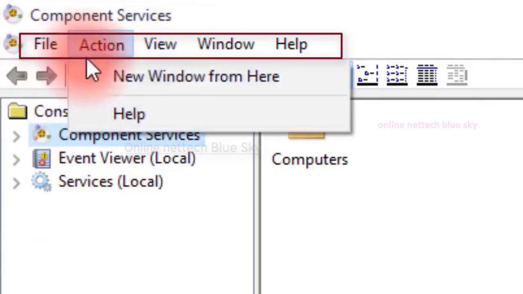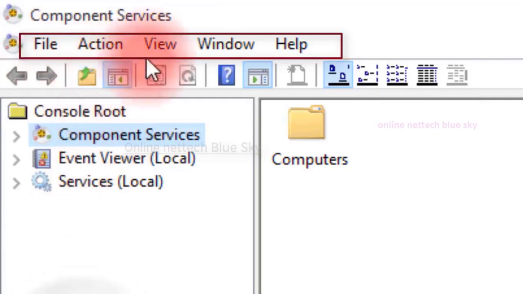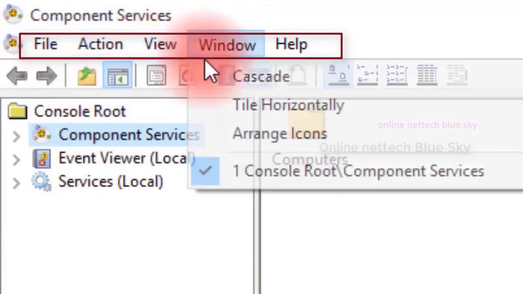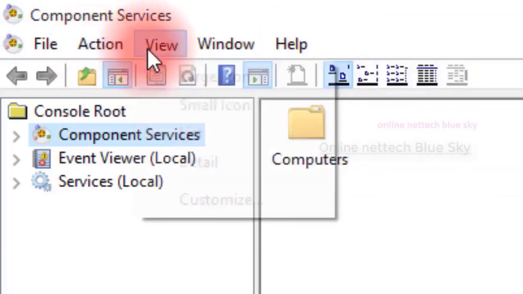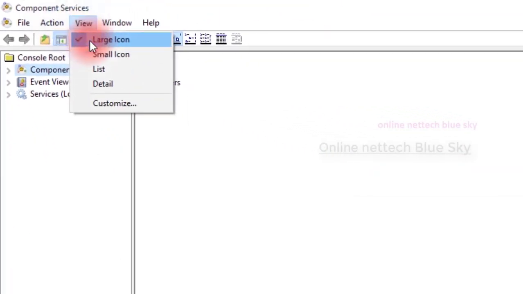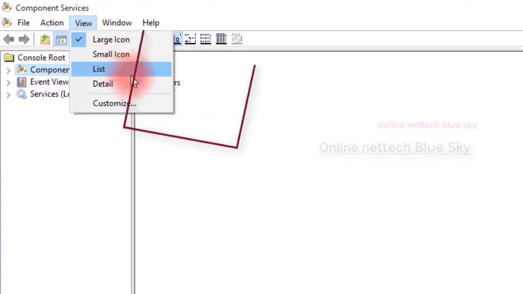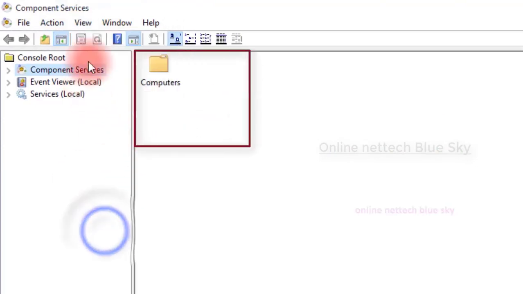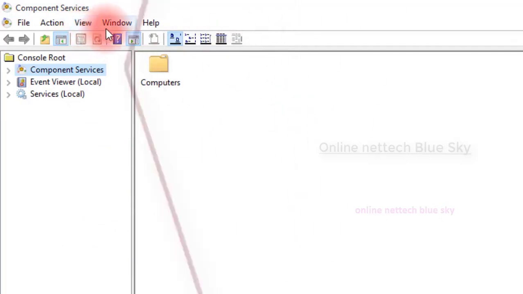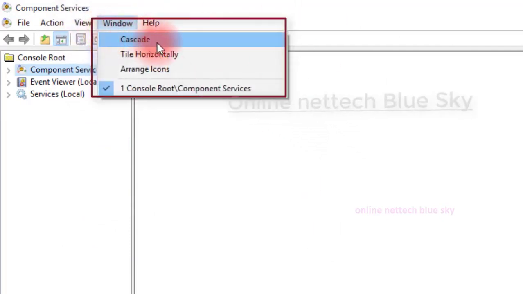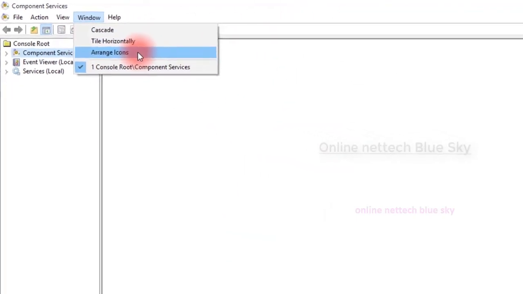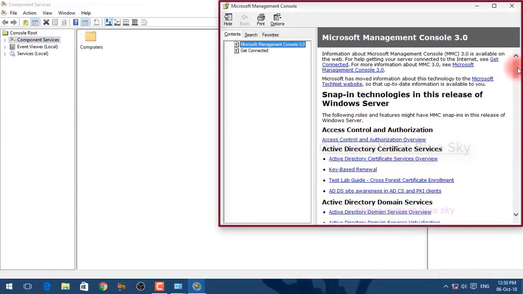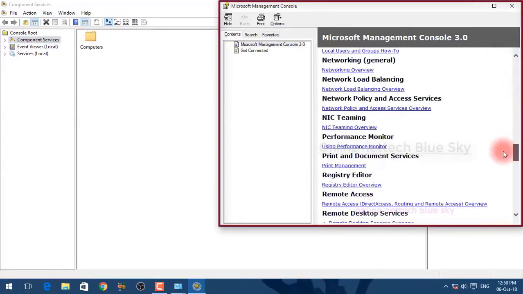Just as an example, I'll give the mouse. You can see here large icon, you can view window, large icon, small icon, list, everything. So this is my first Windows component, and every option of this type is available. I will open the Windows Control Panel first, because I will discuss different types of options available, but about 95% the same in every Windows system, so you can take help from here.